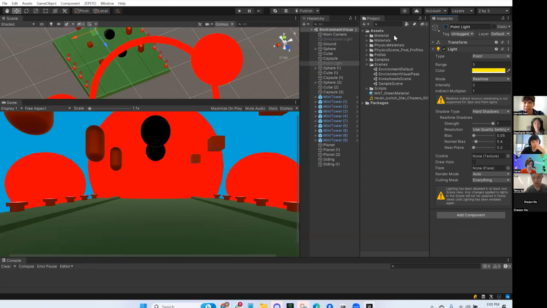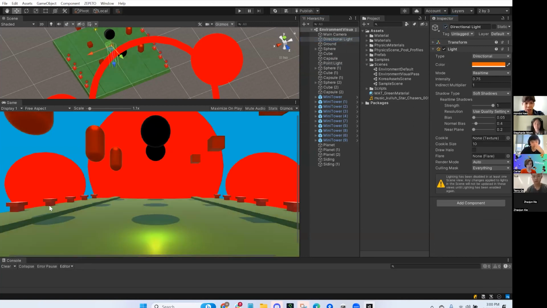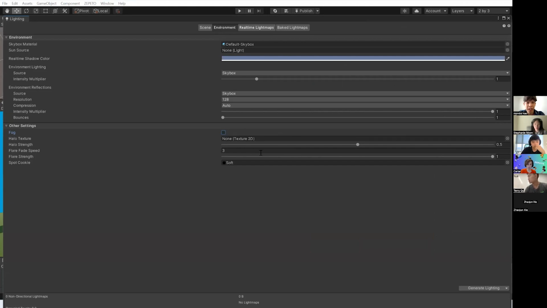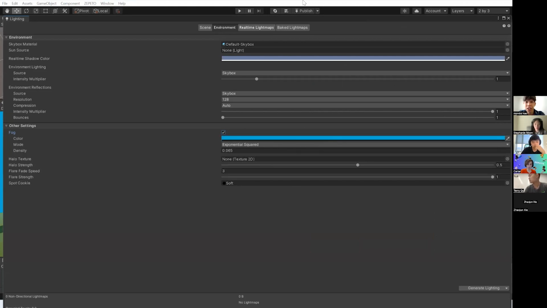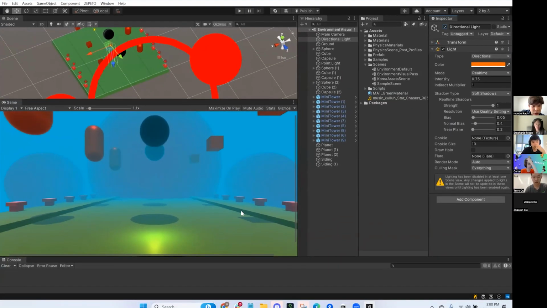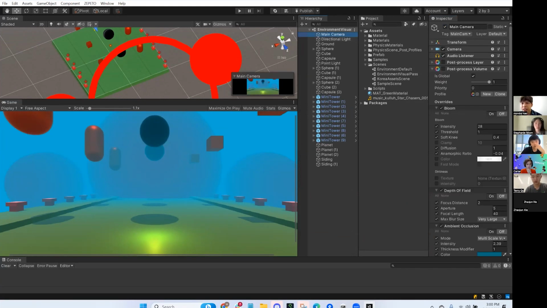But just by adding this point light in, adding some lighting in, that already starts to look a little better. But if I go to the environment and click on fog, turn on the fog, change the color of the fog, you can see already, oh, this looks like there's depth to this. And then if I go to the camera